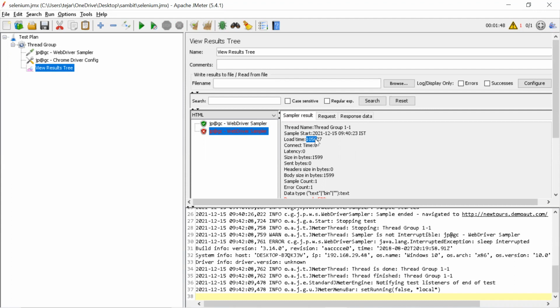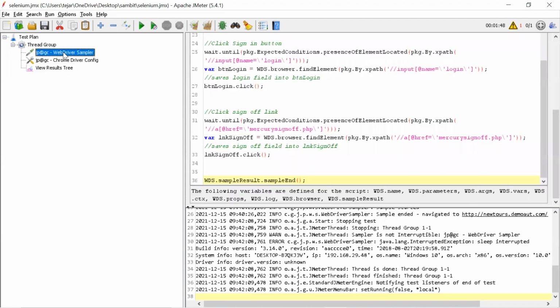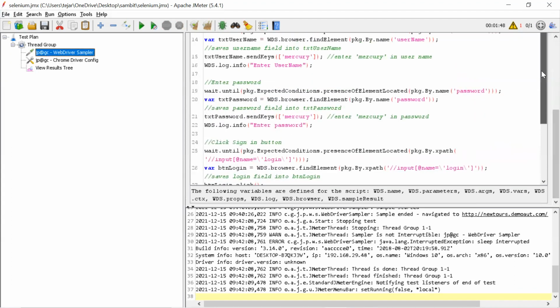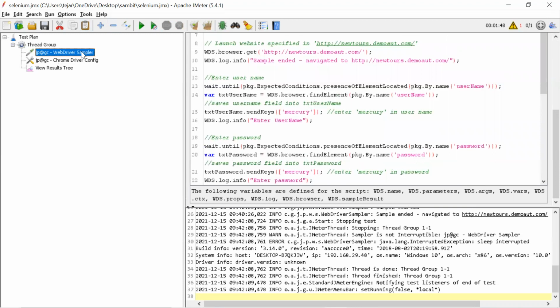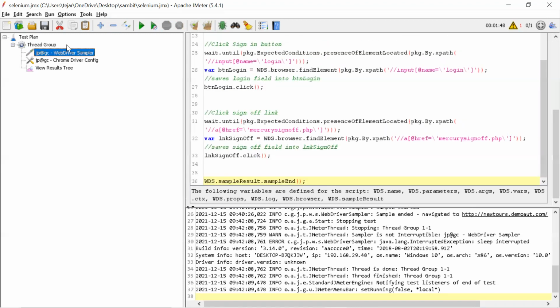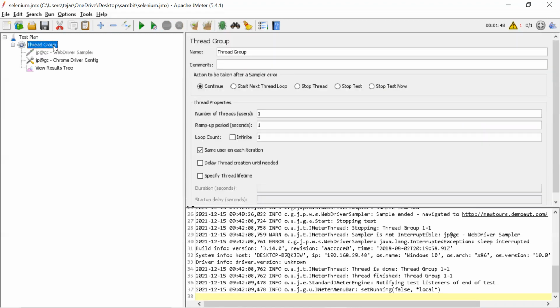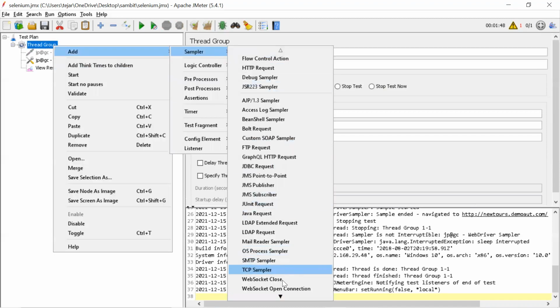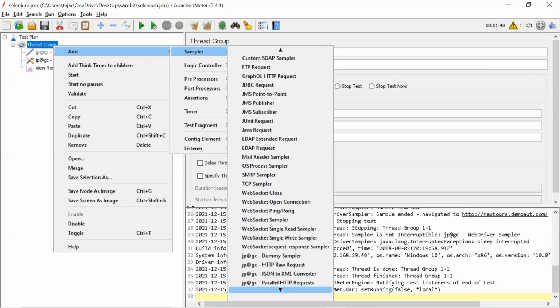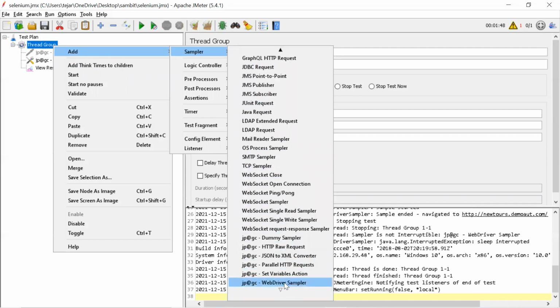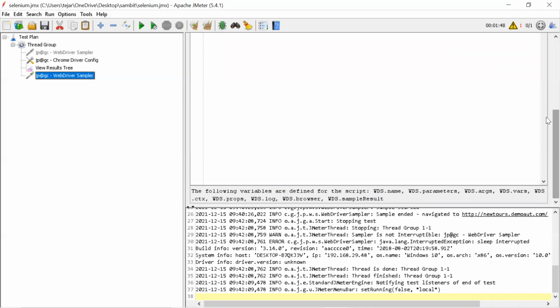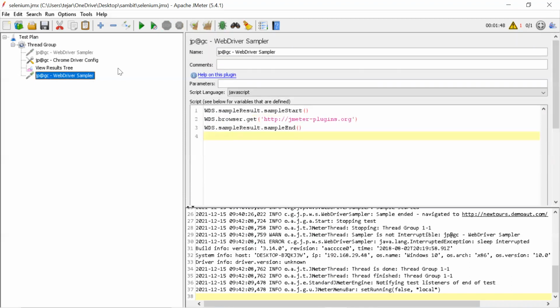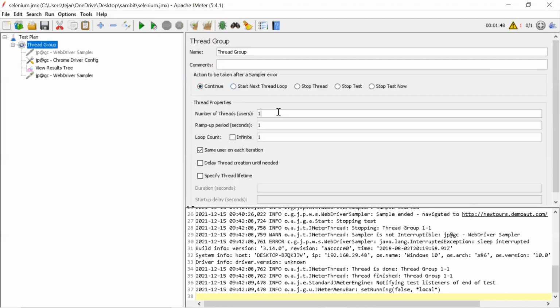Because suppose, let's go with some normal thing. Let me disable this. Then again I'll add a WebDriver sampler. Let me show you. Add sampler. Suppose I give 5 users.